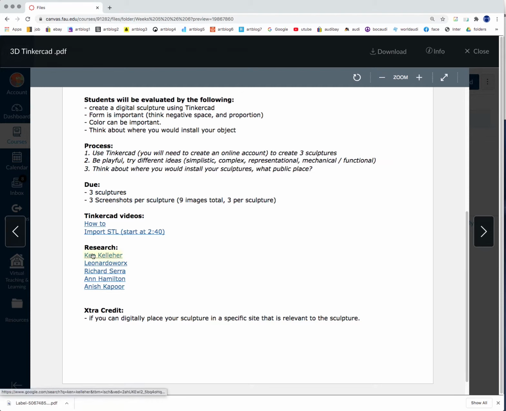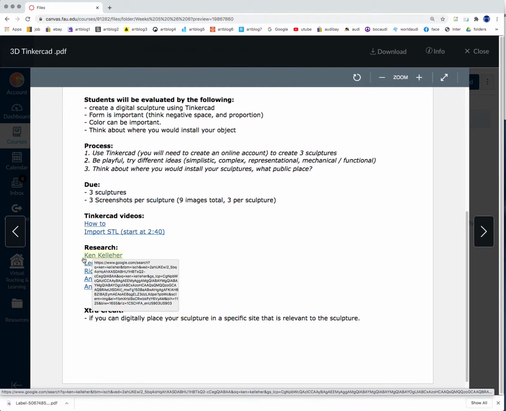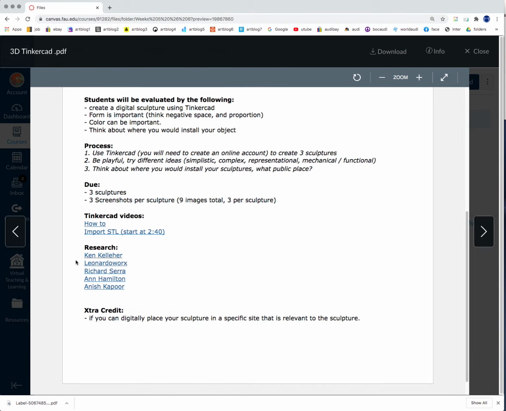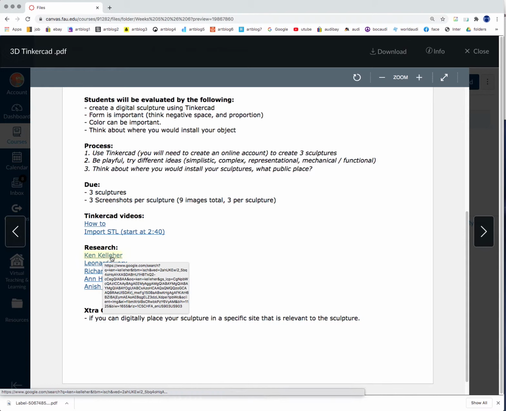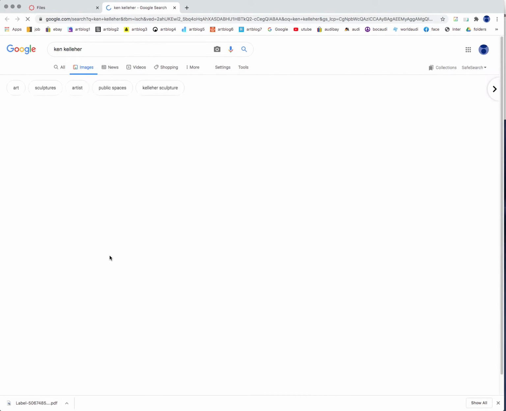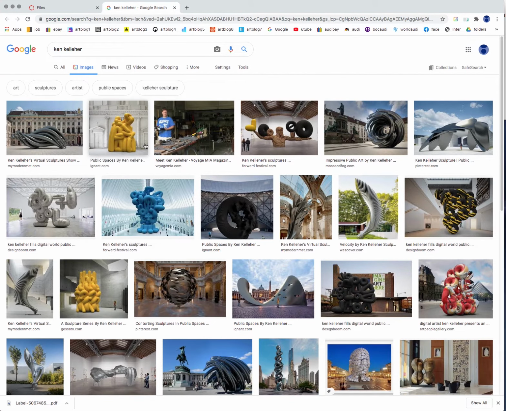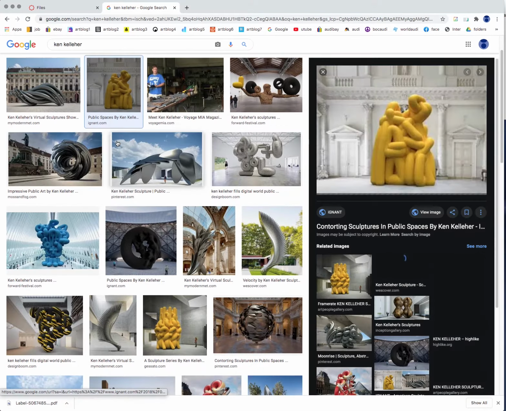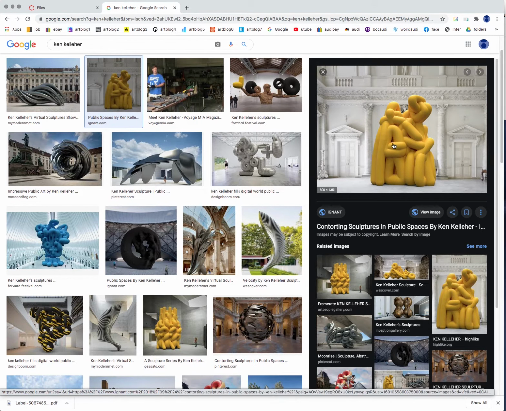And then the research is looking at some of these artists who make rather large sculpture or public sculpture. Really, the assignment is based around the work of this Ken Kelleher, and I'm going to go ahead and push this and see what happens. So you can see this artist actually makes digital sculpture. So these images that you see here, these are actually digital sculptures that he made, and then he photoshops into